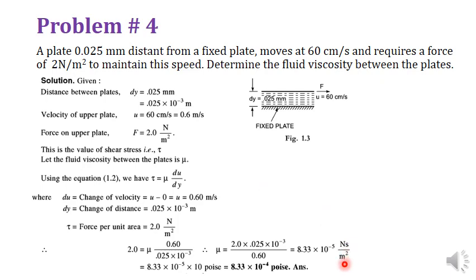I have told you last time in the last slide for the last numerical problems what the interconversion from the CGS to SI system is, that factor is 10. So whatever value you are getting in the SI system, just multiply it by 10 to convert into the CGS system. So 8.33 into 10 raised to power minus 4, poise, is the final answer you are getting in the CGS system. So you need to report your value in terms of poise.